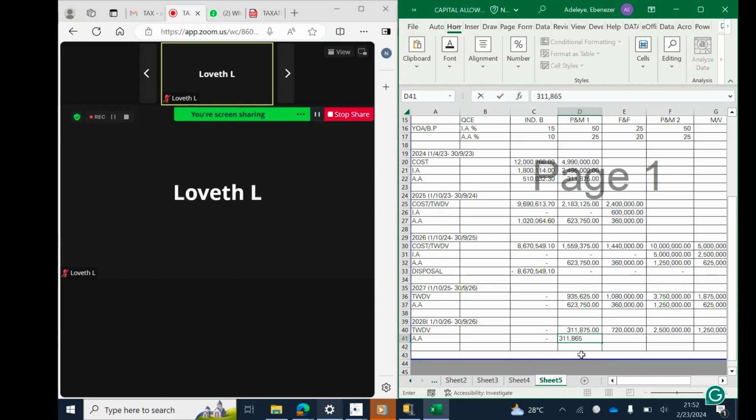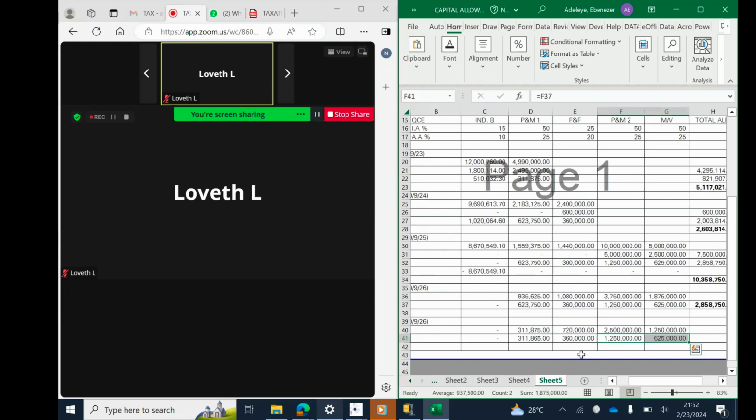311,865. But don't forget I said something. In your exam, don't just use your head to calculate, because there are numbers like 10 naira that can complicate a lot of things. So for this one now, the annual allowance will still be 360, then it will remain one year. Then for this one as well, it will be 1,250